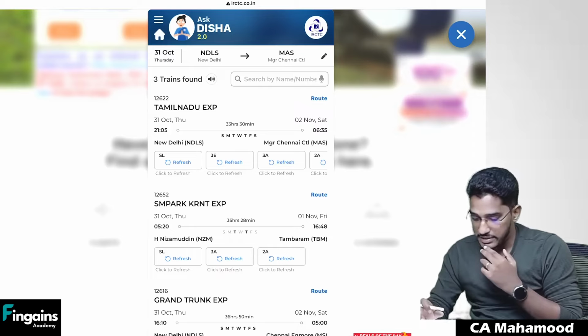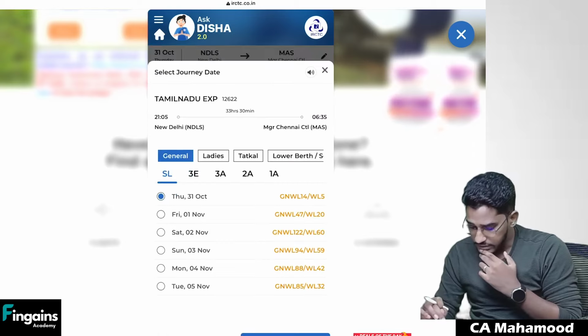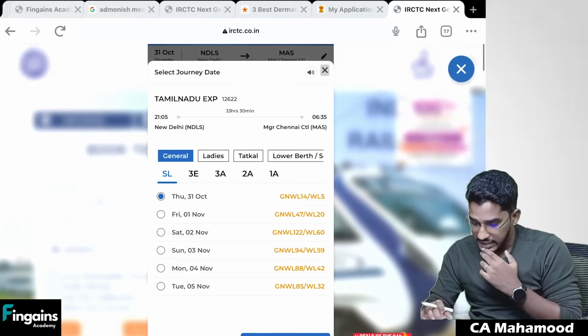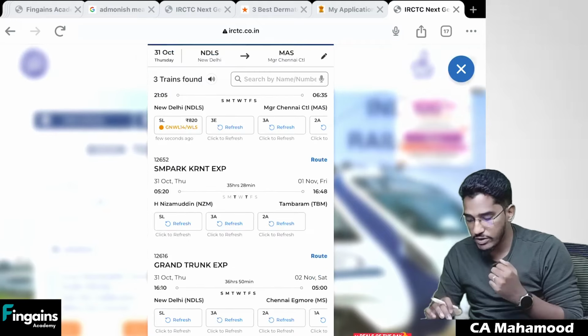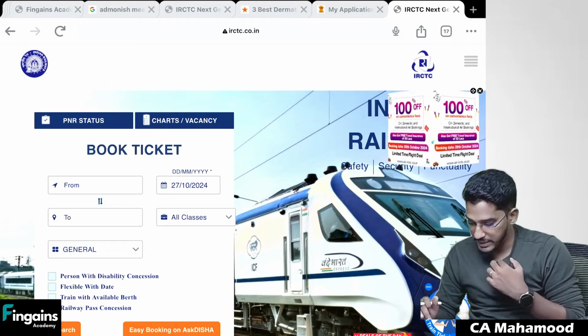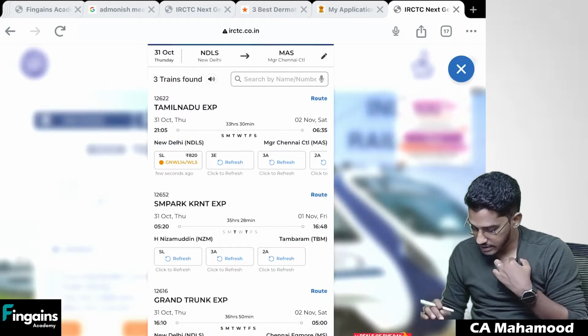And some RPAs are so advanced that you need not even type it. If you speak it also, it will capture. Even if you speak, if you click here,